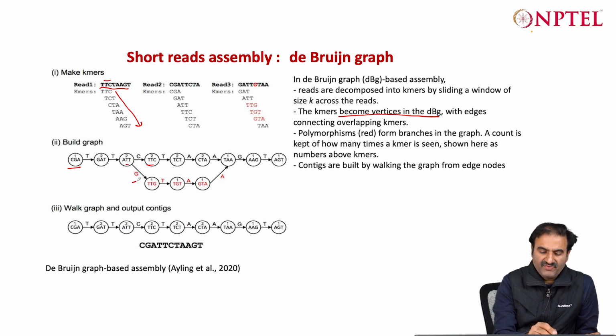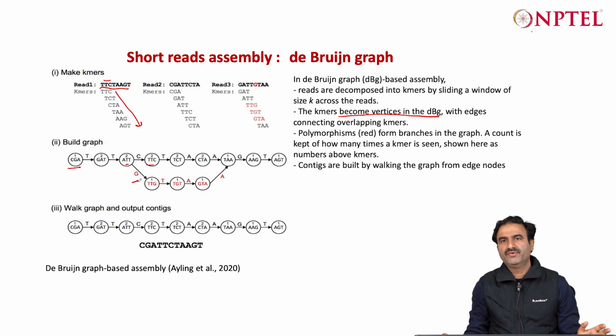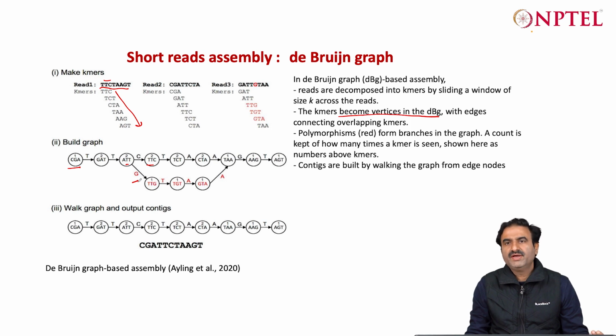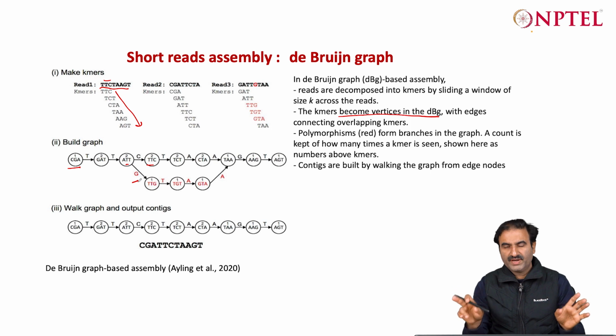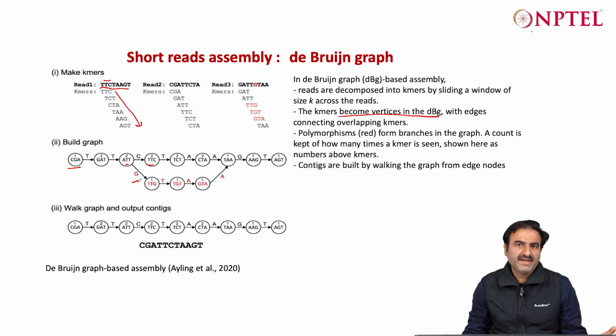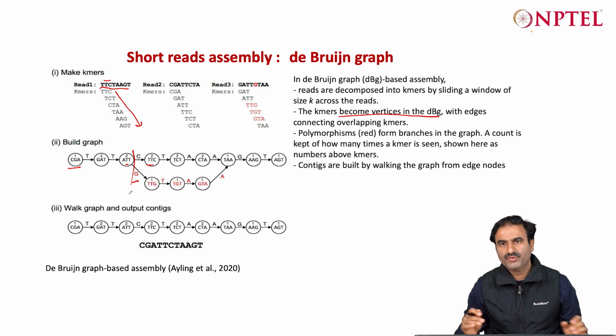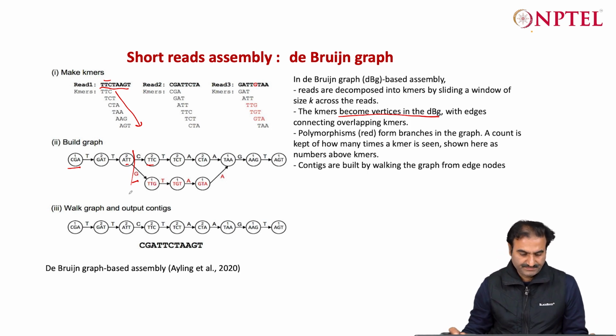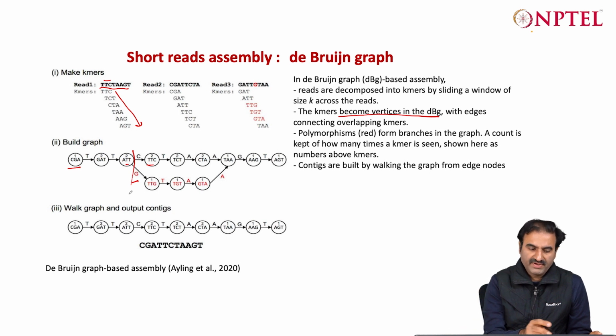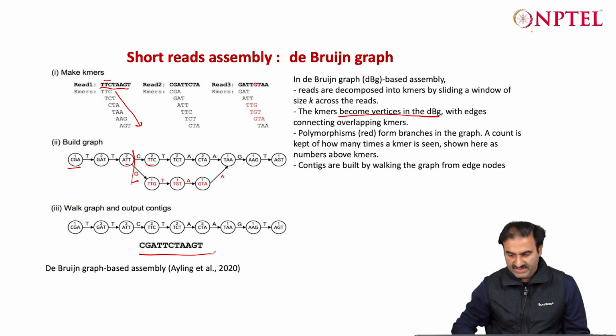And at places you may find that it branches out because there was heterozygosity or some error, or a possibility that it has two branches. Those may confuse the algorithm, and many times you form unitigs which stop at this level, so that you don't go into the branching process, and that is the end of your unitig. Basically this graph is walked through and you get the consensus sequence,